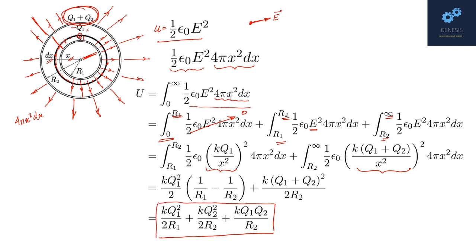Now you might be wondering why I am showing you a method which is actually longer than the first method I showed you. The answer to this is, in many situations when you have 3 shells, 4 shells, and we just change a small thing in that system, the first method is actually going to be longer to find the energy change. Instead, if we are able to find the region in which the field has changed, where the change has occurred, you just find the initial and final energy in those regions of space and subtract it. That gives you the change in energy.